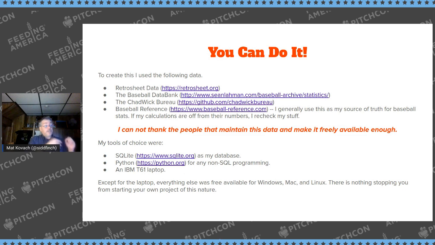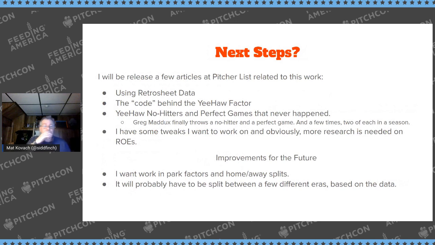And it's great that you can go to Baseball Savant, and the other guys have great ideas too for data, but especially the play-by-play data is so fun to play with. So what are my next steps? Some of the things I'm going to do: I think it's now gone to three articles about the Retrosheet data and the Baseball Data Bank data, how to get it into a database and how to find out stats like this.